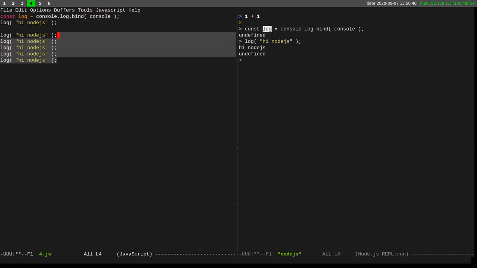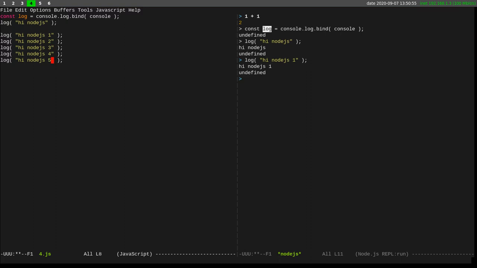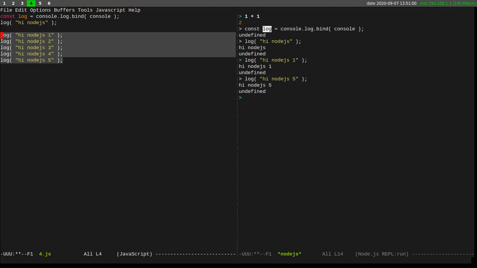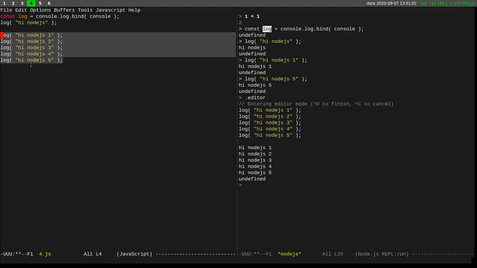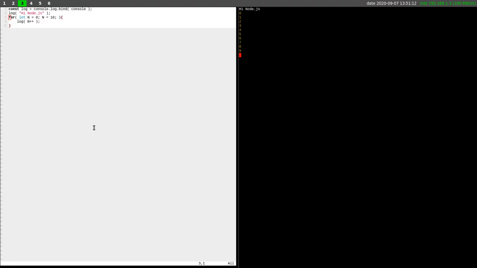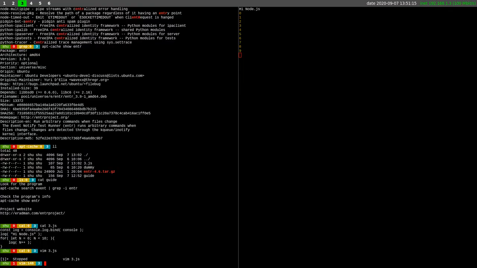For example, we can select these 5 lines. It's not suitable. Maybe make it 1, 2, 3, 4, and 5. For example, we can send line 1, this one, Control C J here, or the 5, Control C J, or we can select this region, or Control C R to send the whole selected 5 lines to the right side. So really simple configuration, and a more efficient way than the second one,